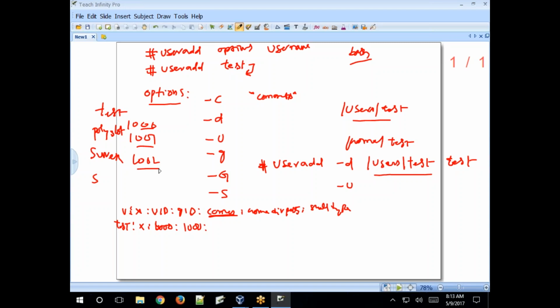Now create a user with the username Satish with a different UID, not the next one, 1003. Just specify 1010, or any other number.